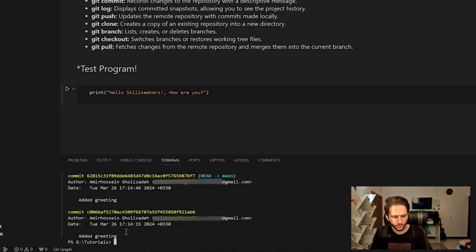Let's hit Q to quit from this. Now we made changes to our project. We did everything, and we want to save this project, save these files on an online hosting service like GitHub,